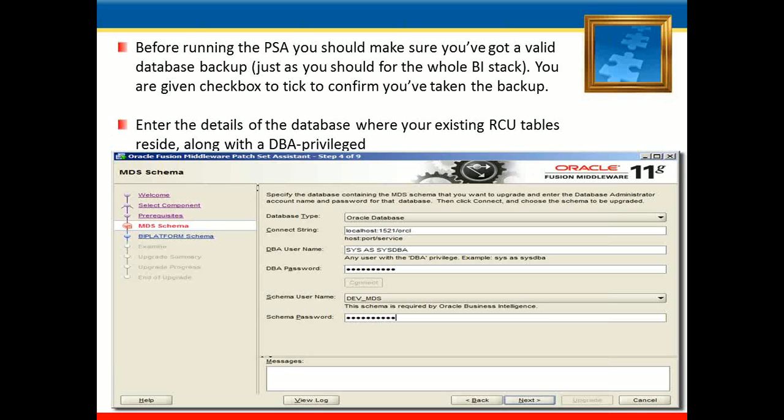Just need to hit next. Before running this batch set assistance, you should make sure that you have a valid database backup of the BS tick, and give a tick to confirm you have taken the backup for it, and enter the details of the database where your existing tables reside. We just have to mention the